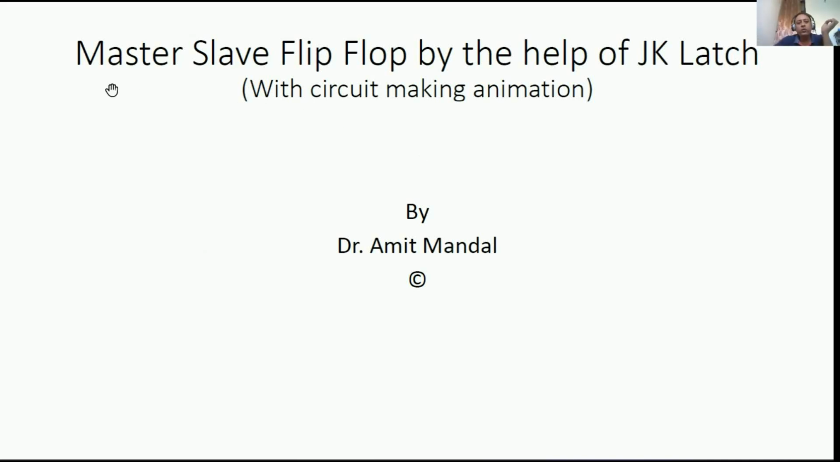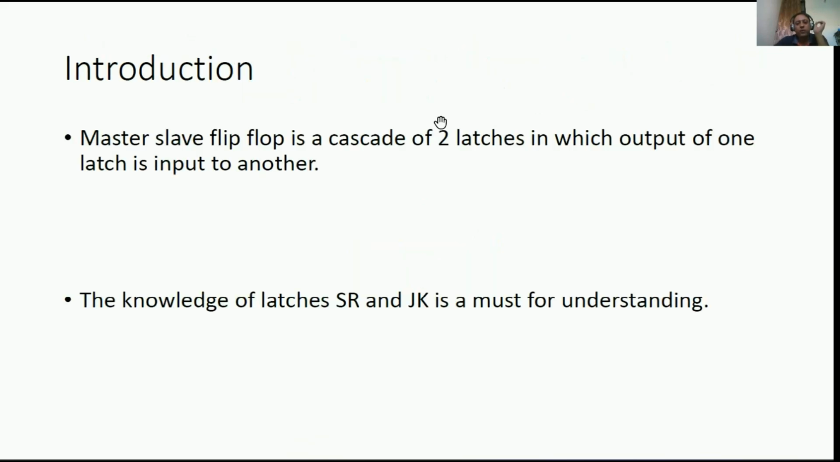Hello students, today we are going to learn what a master slave flip-flop is, how it works, and how to develop the master slave flip-flop with the help of JK latches. I will show you by animation how to make the circuit diagram. Okay, so coming to the topic,